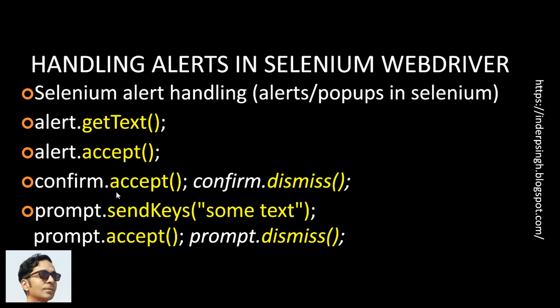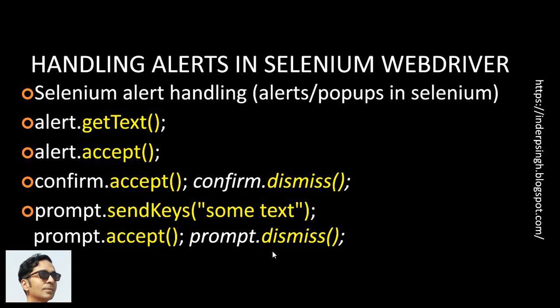Confirmation in Selenium can be accepted or dismissed by clicking the OK button or cancel button respectively. The sendKeys method inputs text to the prompt alert in Selenium WebDriver. Now, like the confirm, the prompt alert can also be accepted or dismissed by clicking the OK button or cancel